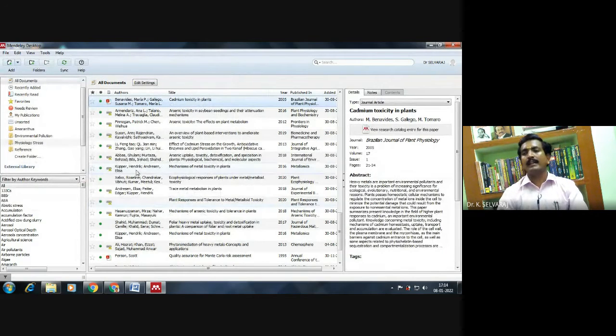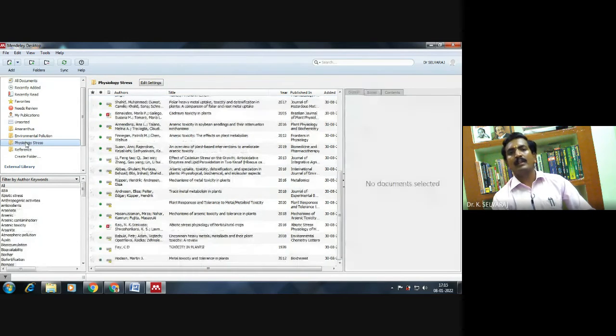Here we can also create folders, because at the time of writing a research article, for one article we collect certain types of articles or references. For that, we can create a folder. You see, here I created four folders: Amaranthus, environmental pollution, and plant physiology test.